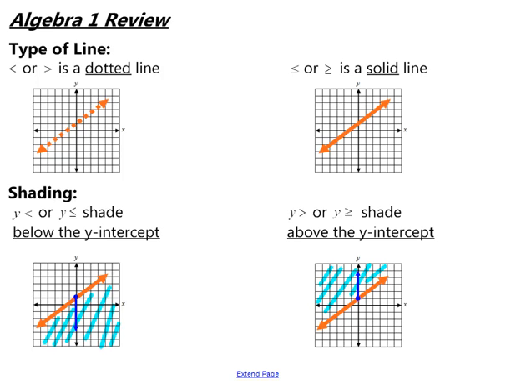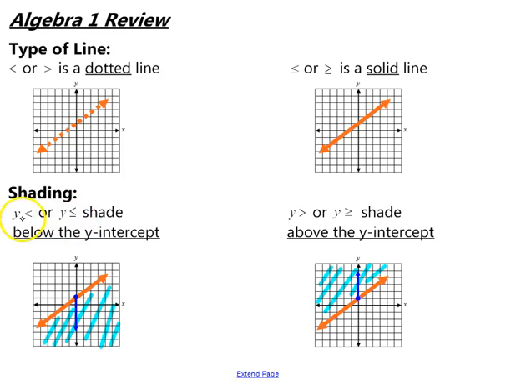Two variable inequalities. So let's talk about some Algebra 1 review. When you graph a less than or greater than, it's going to be a dotted line on the coordinate plane. Less than or equal to or greater than or equal to is going to be a solid line. When you have y is less than or y is less than or equal to, we're going to have to